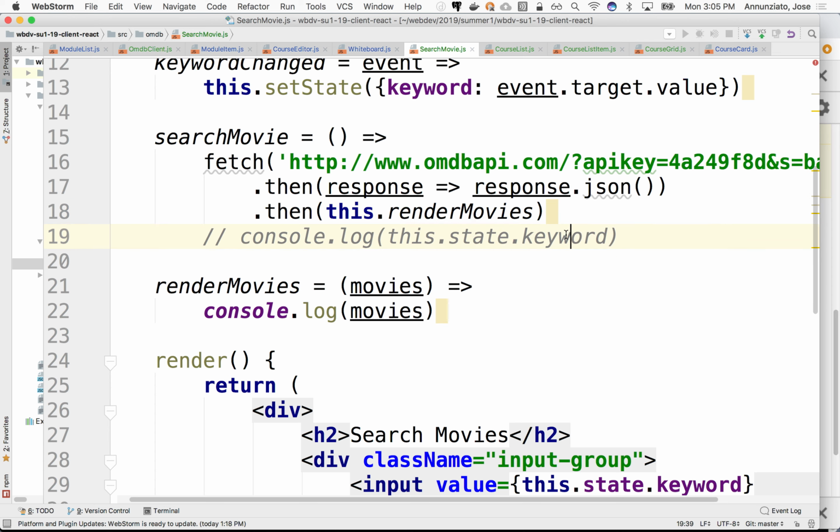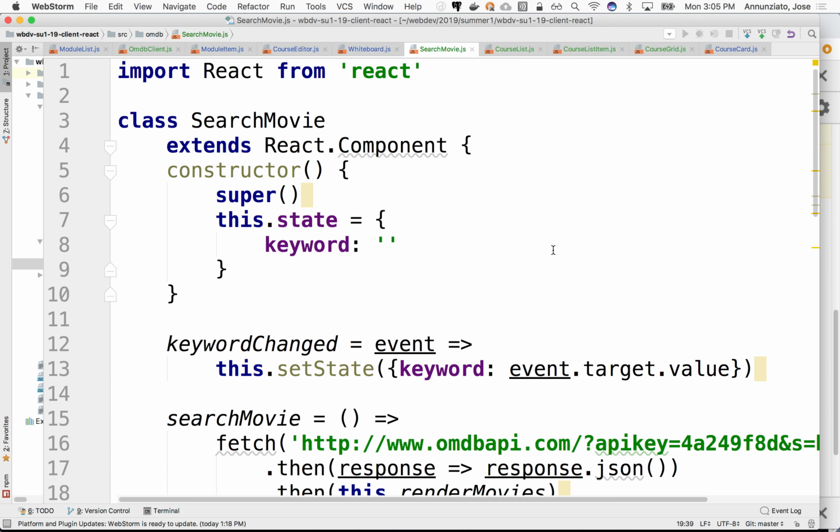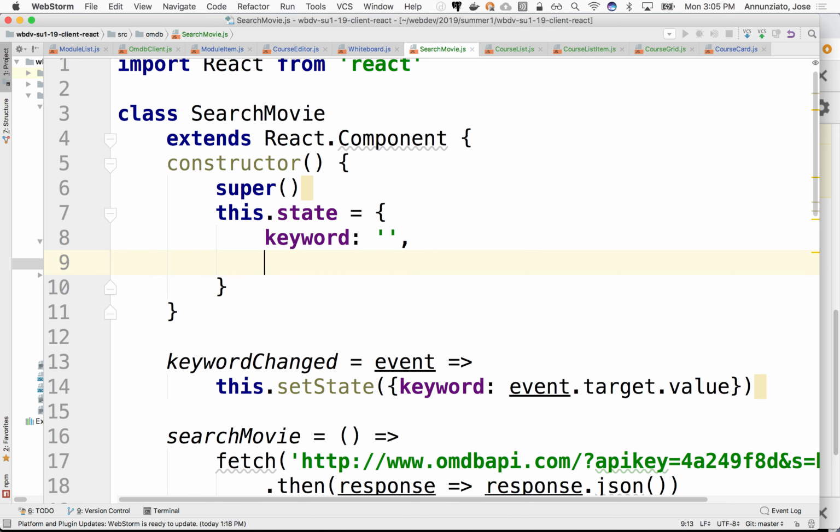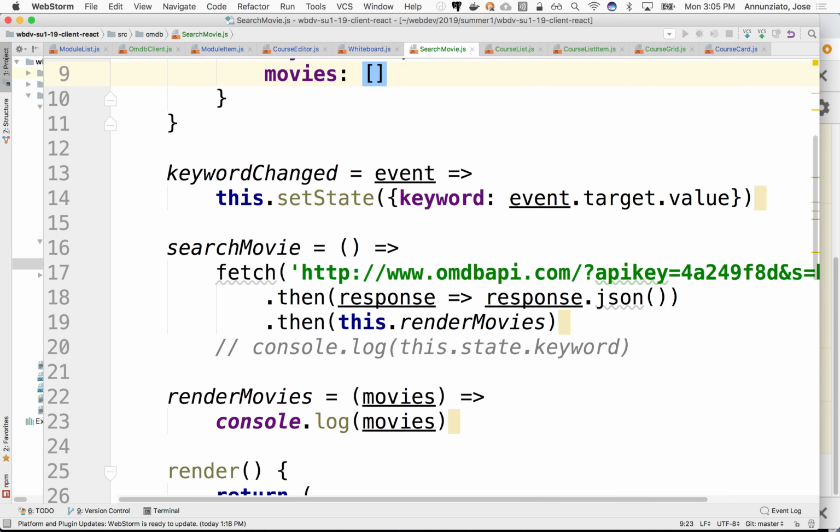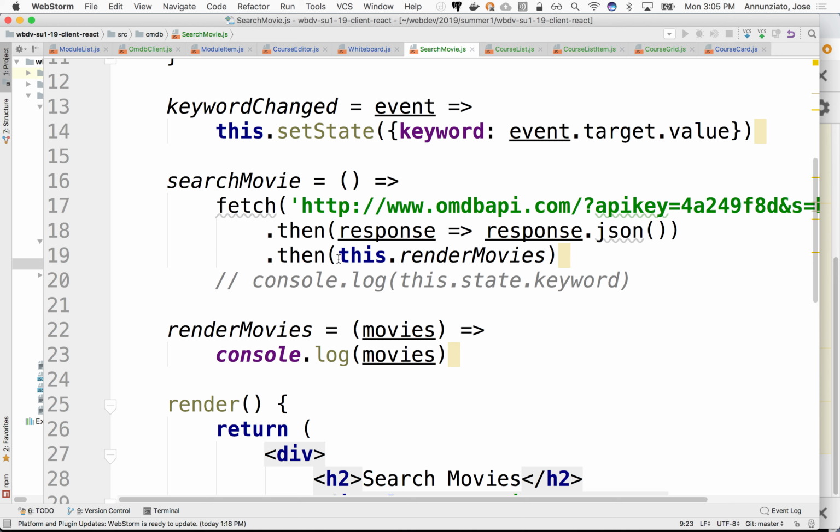What we want to do is perhaps keep track of the movies here. We can say maybe movies as an empty array. We want to change the state, right? And if that state changes, we would like to be able to render it. So what we could do here, instead of just rendering movies, what we could do here is